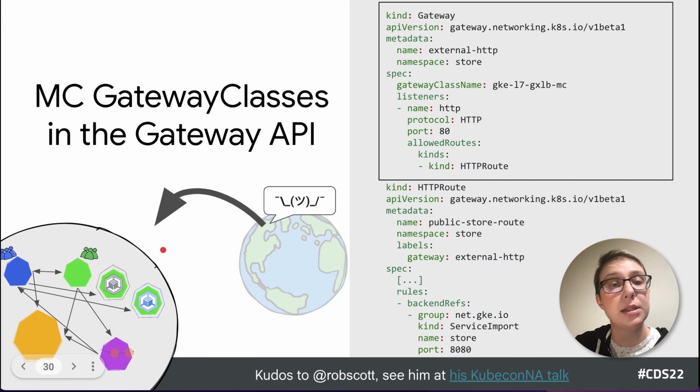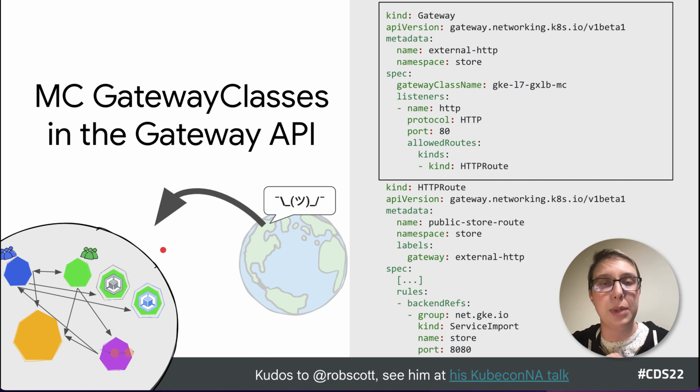So this is an example of using the Gateway API, specifically using the multi-cluster gateway classes that are implemented in the GKE implementation of the Gateway API to manage ingress into a world down here where there might be lots of ingress points, or lots of ingress points where only a subset of them you need to make a decision from the client side, and then the traffic can be load balanced across them. So all of these variations, and more actually, it's a really great API, you should check it out, are described in the Gateway API.